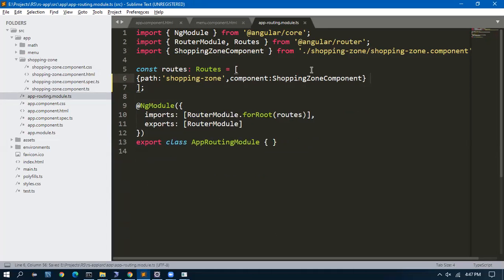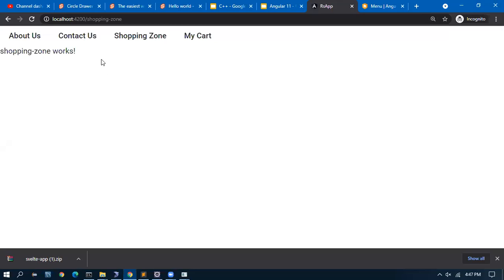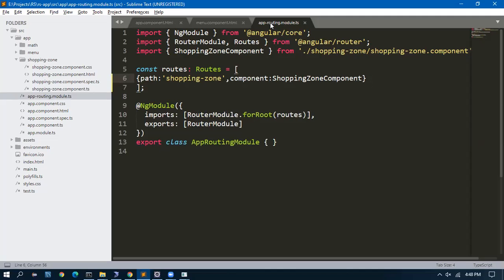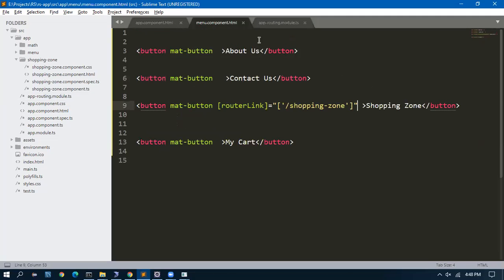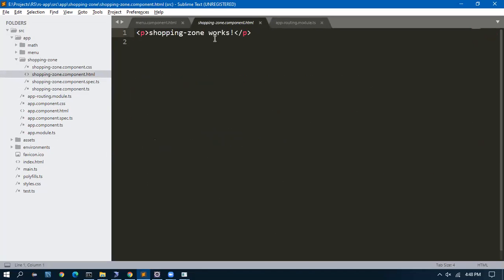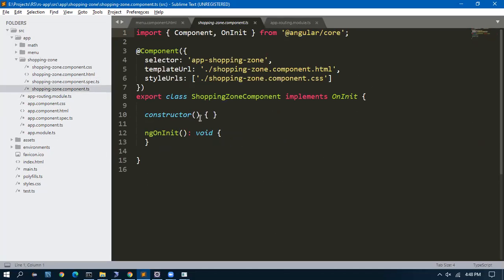Okay, so you have the shopping zone. Today we will work on the shopping zone. And when you go to shopping zone component, we want to bring all the items. So first step is you go to the shopping zone. And yesterday we worked on for loop, how to iterate and display a for loop. So in the shopping zone component, first we will create one array.